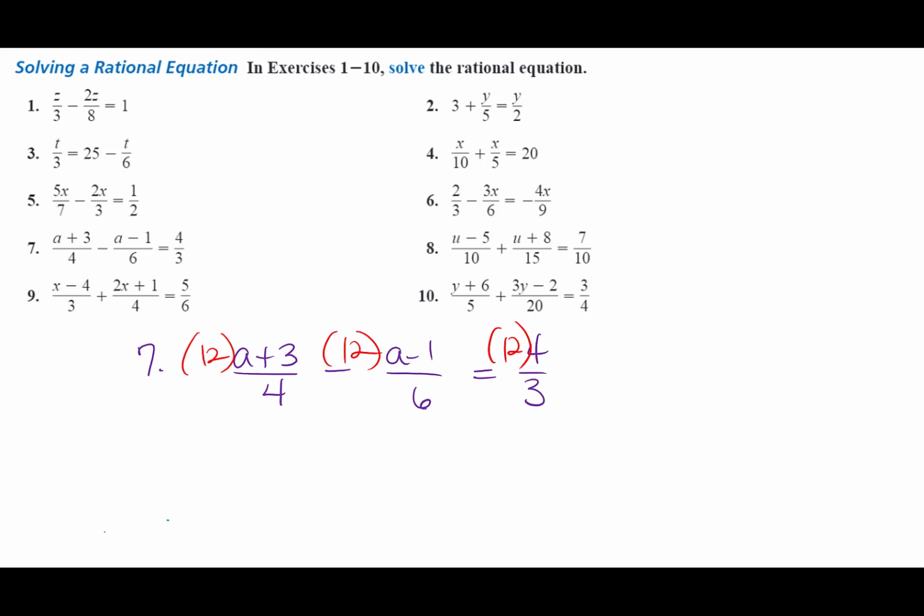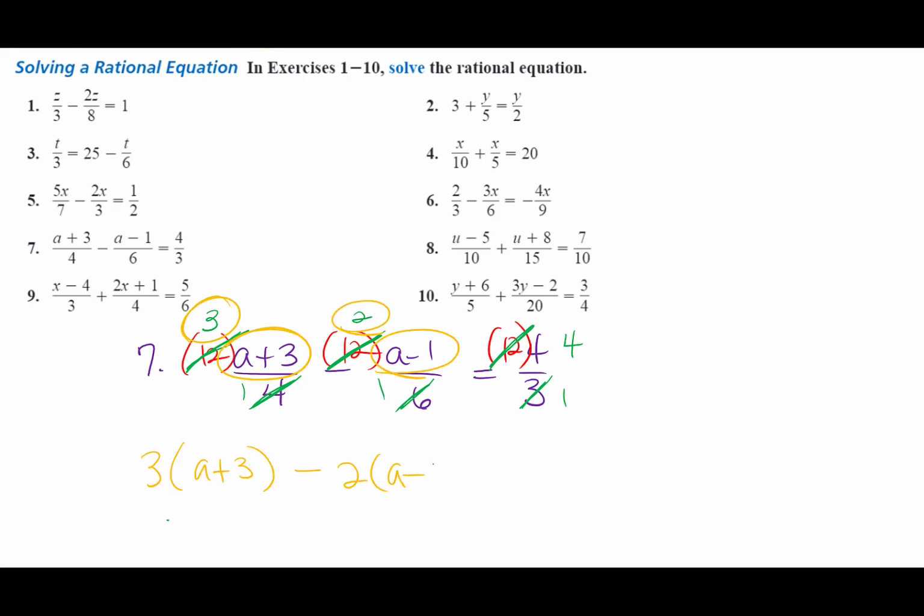And I want to show you the same thing that we did on the previous problem. Before you distribute 12 into that binomial, I want you to go ahead and simplify 12 with the denominator. So for example, 12 and 4 simplify to 3 and 1. 12 and 6 simplify to 2 and 1. And then 12 and 3 simplify to 4 and 1. So now we're left with 3 times (a plus 3) minus 2 times (a minus 1) equals 4 times 4